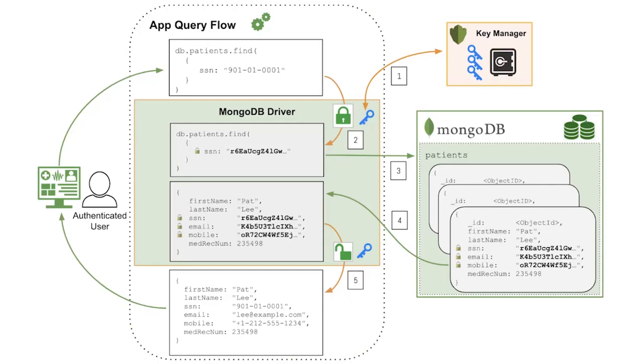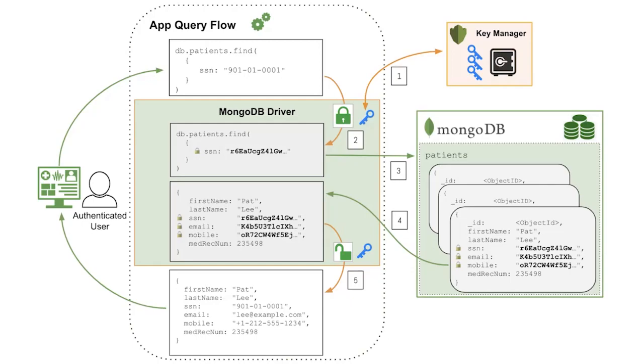So the driver will request that key, it brings it back, it encrypts the data, it then passes it to the database. So what's actually stored in the database is that document with those fields that are encrypted. So the database itself never has the keys. It never sees the clear text on those sensitive records. And it's both from a software perspective as well as infrastructure, and for the people who manage that part of the system, they're never able to see the clear text records. So even in memory, even when you're doing queries or other database operations, they're oblivious to the operators on that side.